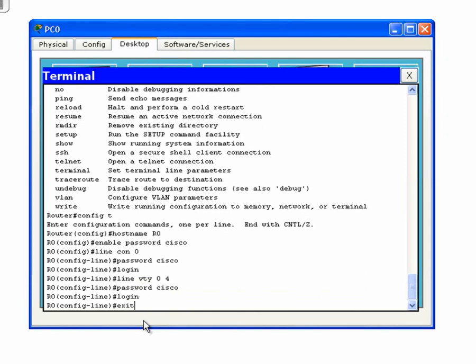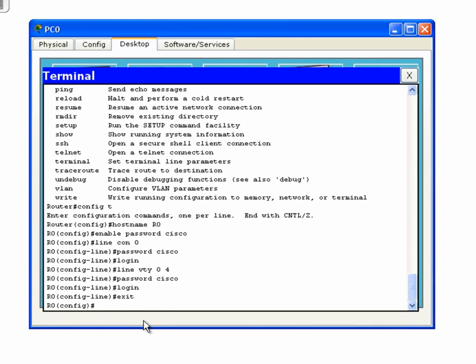Now we're going to exit out of this, because exit takes us back one configuration prompt, back to the config. If I would have hit Control Z, I would have backed all the way out to the privileged exec mode. Now we must enter a banner, a message of the day banner. Okay, so we type in banner,